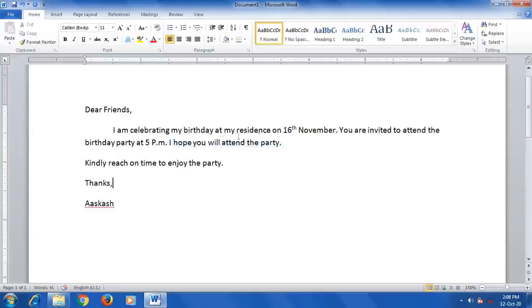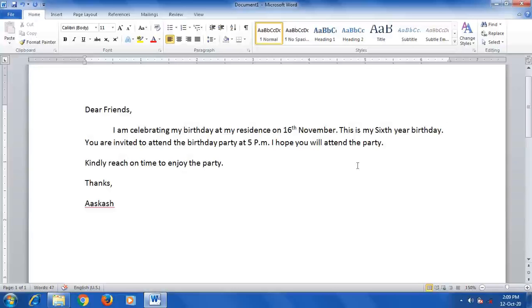So first keep the cursor wherever you want to add the text, then you can start typing. I will write: this is my 6th year birthday. Okay, I have added one sentence. So just keep the cursor and go on typing, and your text will be added. In this way, text can be added in a document.